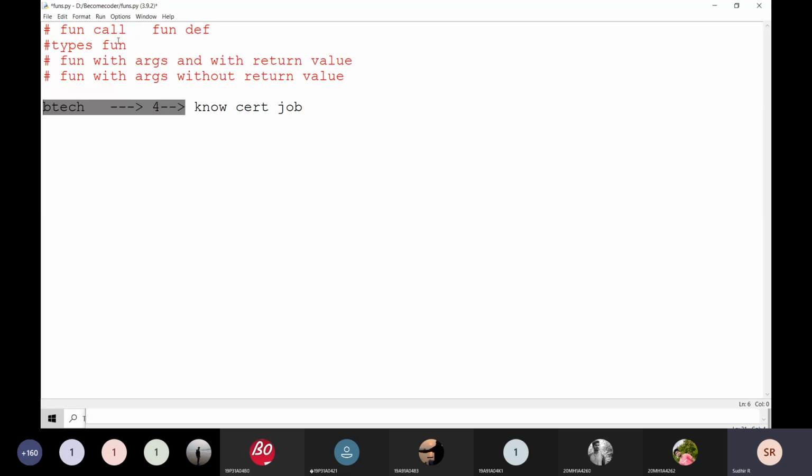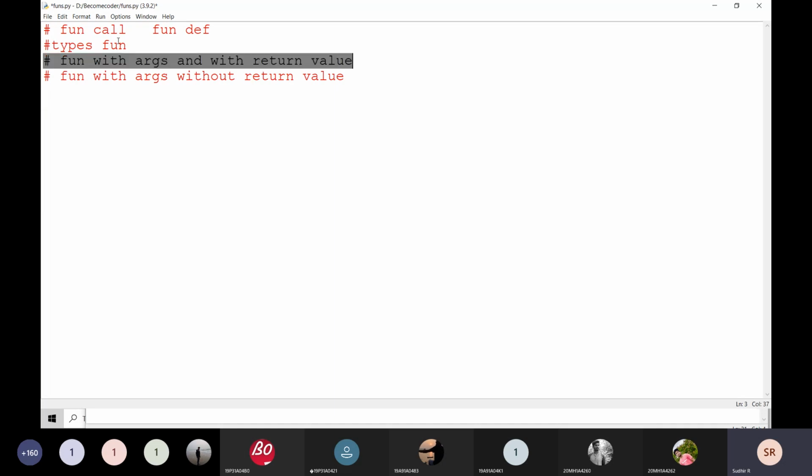Whenever you are working on something, you definitely get some benefit from that work. We are giving 4 years of our life to the BTech function, and we are getting return values as job, knowledge, your friends, and so many things from that function.